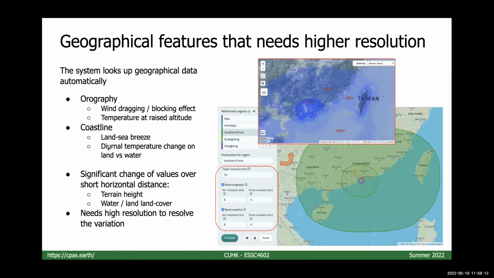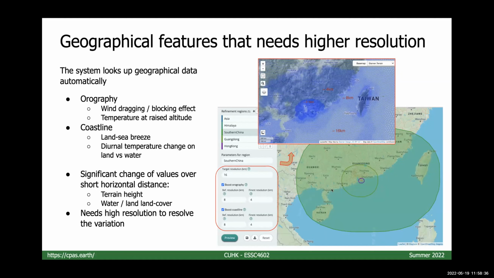And also, if you want to simulate the diurnal temperature change at a location that you need to differentiate whether that location is actually on land or on water, then you need to use higher resolution to areas around the coastline. So you can use this boost coastline option